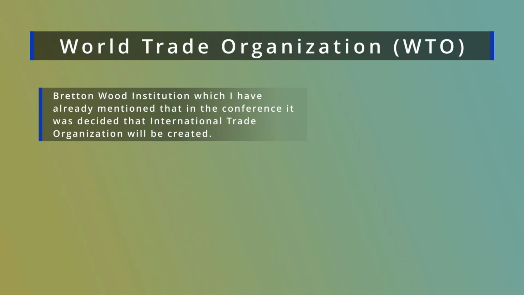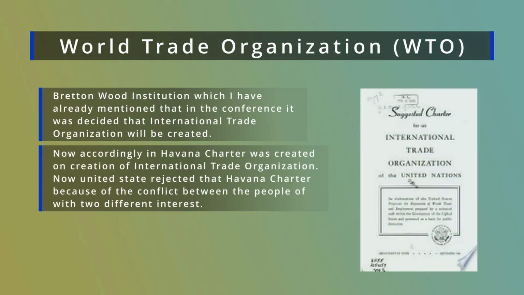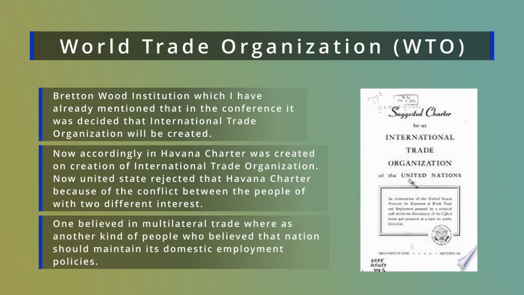Actually, the Bretton Woods institutions, which I have already mentioned: in that conference it was decided that an International Trade Organization will be created. Accordingly, in Havana, a charter was created on the creation of the International Trade Organization. Now the United States rejected that Havana Charter because of the conflict between people with two different interests. One believed in multilateral trade, whereas another kind of people believed that a nation should maintain its domestic employment